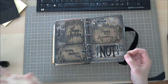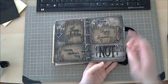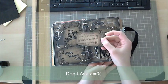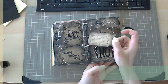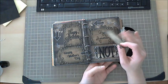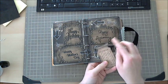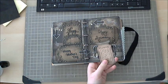And anyways, side tangent there. I'm not going to explain it. But in each pocket, I put a journaling tag. You guys have seen these. They're the Tim Holtz ticket tags. And I cut it with my Martha Stewart punch